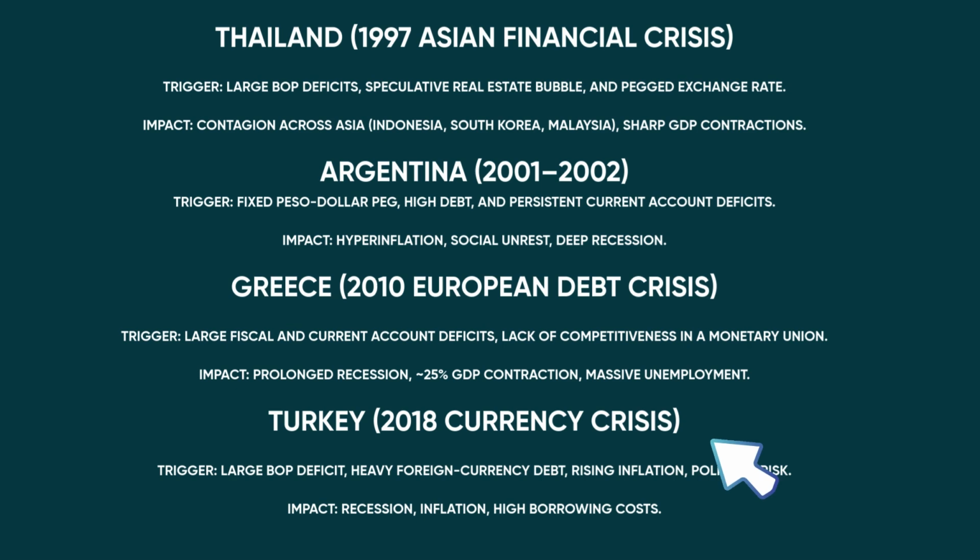And that was, again, a large balance of payments deficit, very heavy foreign currency debts, very high rate of inflation, and very pro-cyclical political risk that's occurring in large part because monetary policy and fiscal policy are both very highly correlated now, the way that President Erdogan has adopted this sort of unorthodox, almost MMT-like style of policy management. And the result there has been a huge rate of inflation, very high borrowing costs, and a sort of rolling